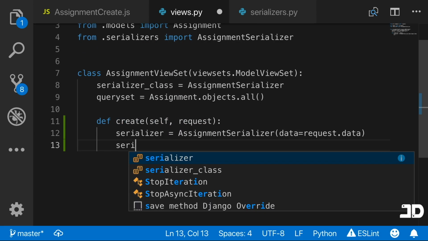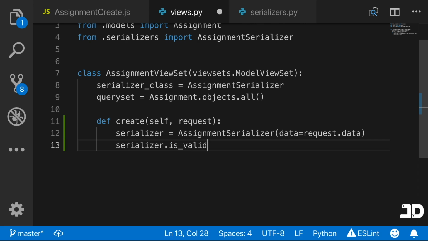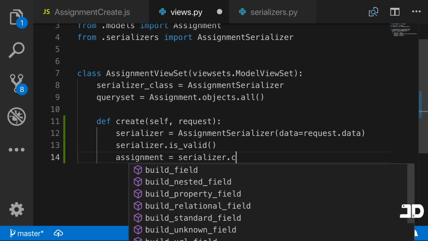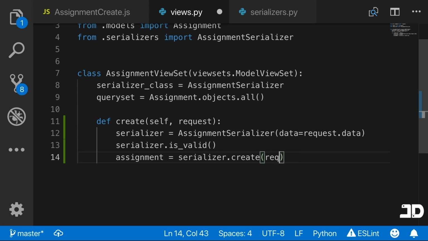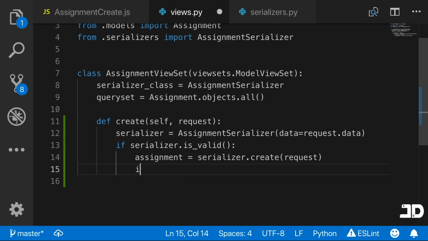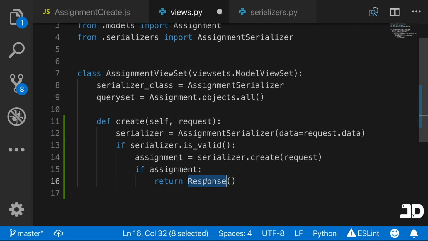And then we just say if the serializer.is_valid, then proceed. Otherwise you can just call it like this. You have to do that, otherwise it won't let you move on. And then we'll just say that the assignment object equals serializer.create of the request. Remember, this will only happen if it's valid, and we can actually just do that if serializer is valid. And we'll say if there is an assignment, then we will return a response, and the response we can import